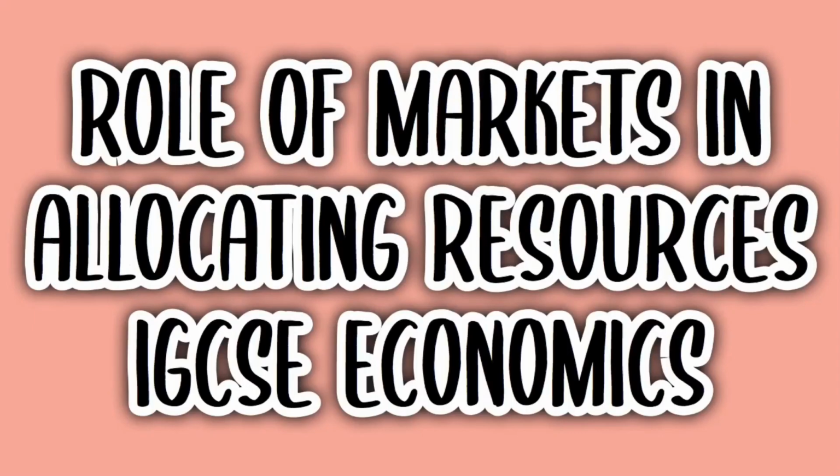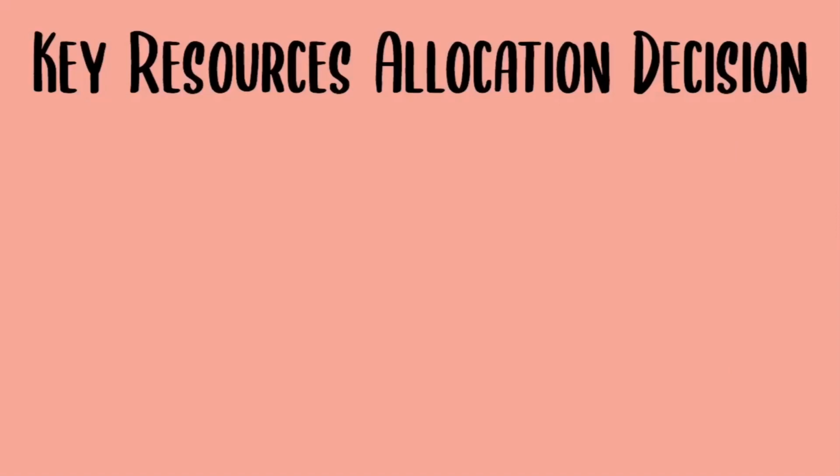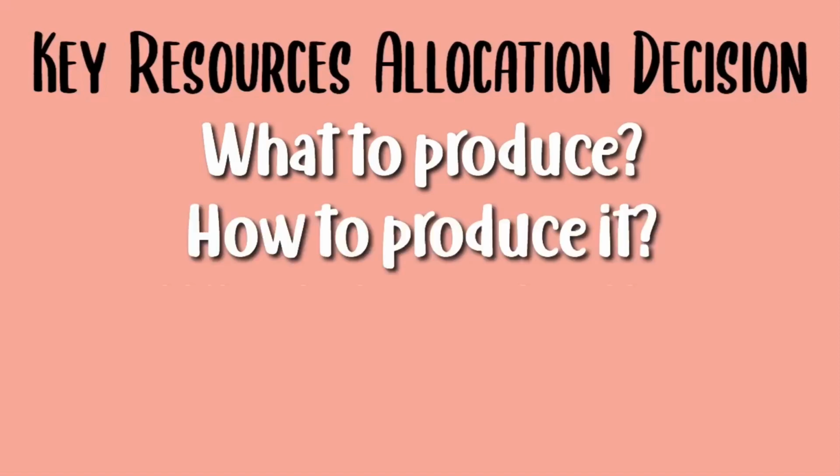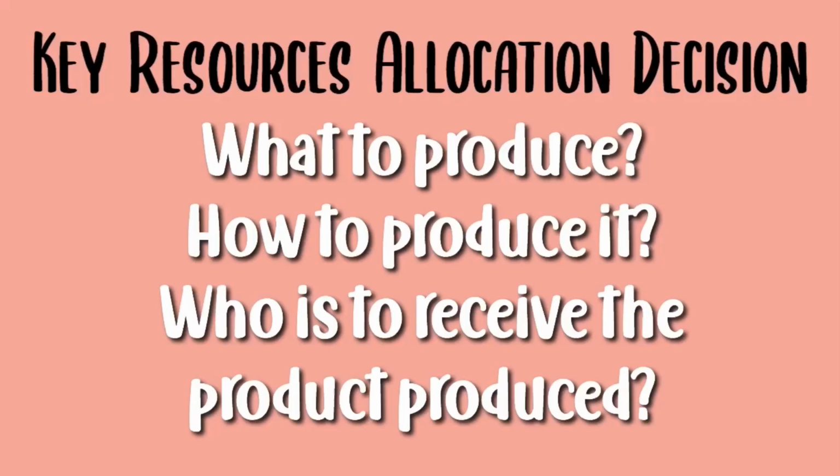In this video, I'll be talking about the role of markets in allocating resources. So now let's look at the key resources allocation decision. First, we have to decide what to produce, how to produce it, and who is to receive the product